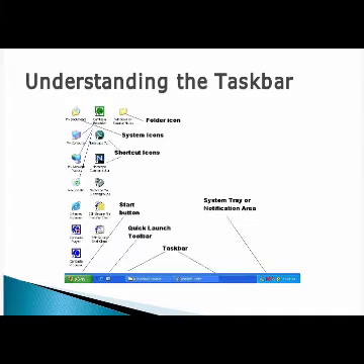Next, come to the end. Can you find the notification area? For example, any mail for you, or on the system, is there any virus, or any information about extra devices. Everything will be notified in this notification area. At last, can you find date and time? So these are the 3 things under the taskbar: one is the start menu, next is the quick launch toolbar, third is the notification area. So which is called the taskbar? The small blue bar at the bottom of your desktop is called your taskbar.